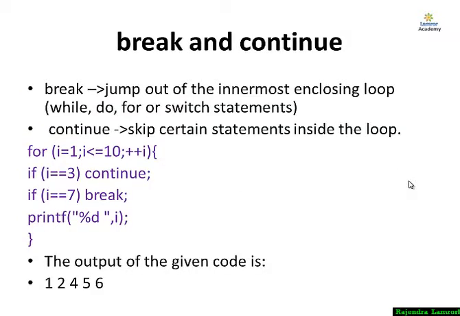Okay, break and continue. Break is used as a jump statement to go outside the loop or outside the case. Generally it is used with the while loop, for loop, and do while loop. The continue statement is used for skipping the inside of the loop: after the continue and before the end of the loop, the middle part will be skipped. Here I am showing you one program and its output, so you can understand the use of break and continue. At continue after 3, we directly went back, so we didn't print the 3 in the output. After 7 it came out of the loop, not printing any value after 7.